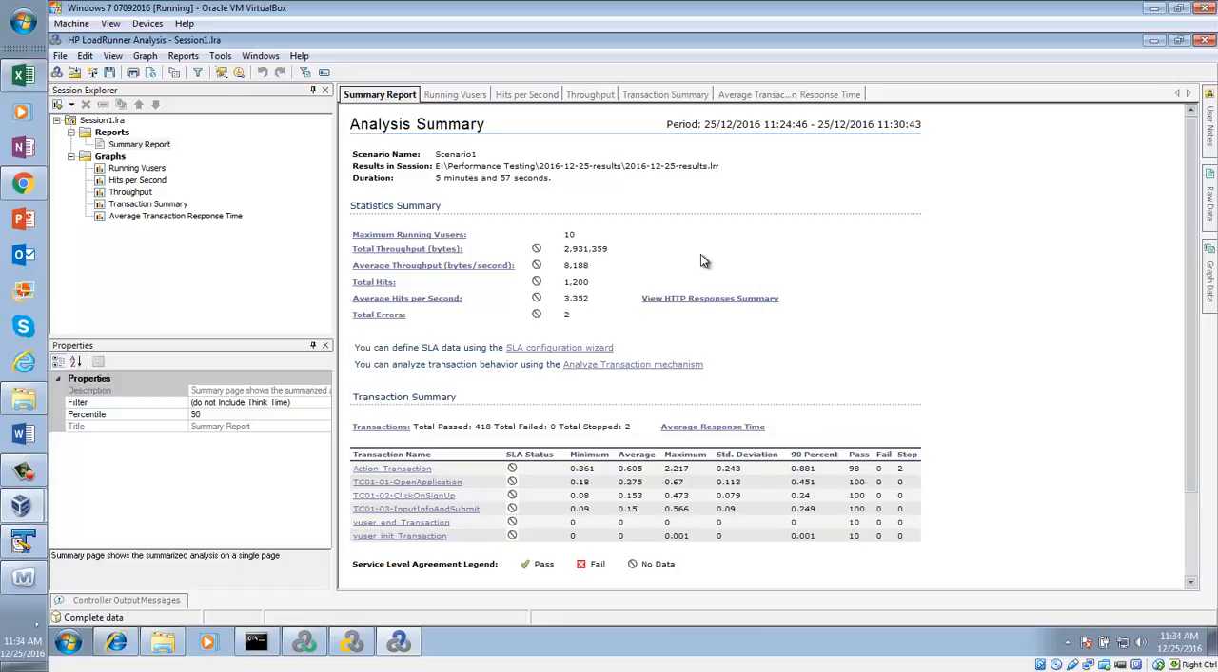And the result shows how long it takes. Then total errors, that's all. Okay. Duration. Pass, fail, no data. Pass fail, we can see all of it. Service level agreement. Hits per second. Okay. Total hits. Now let's say